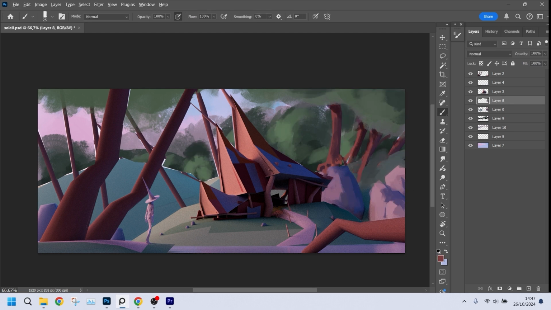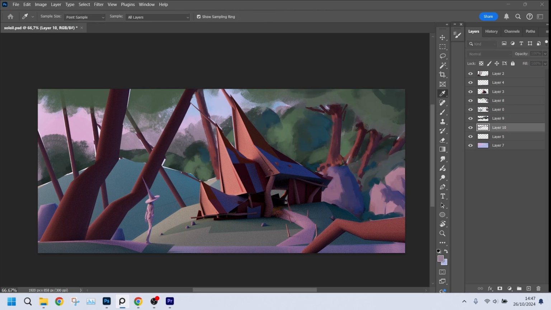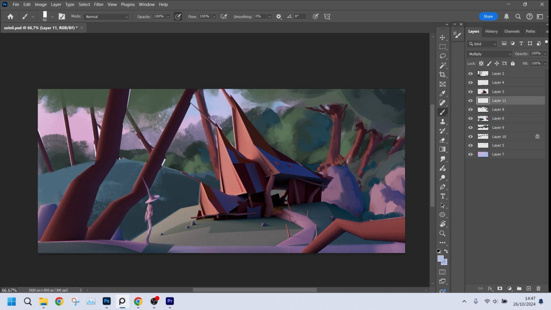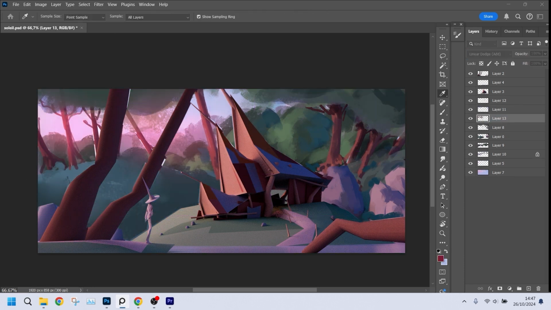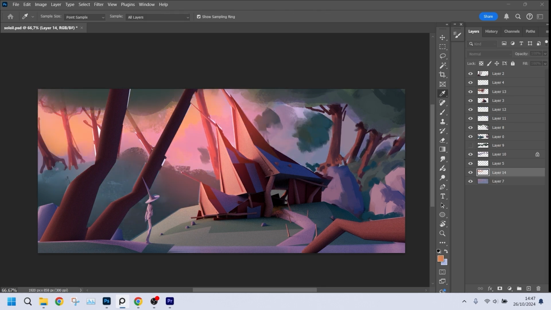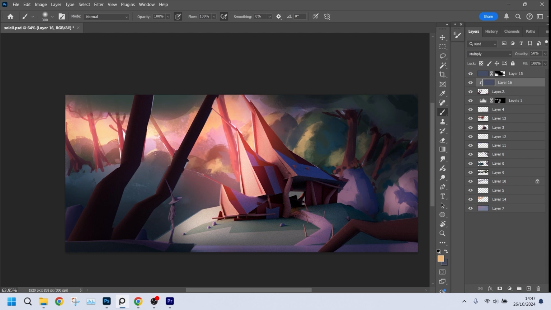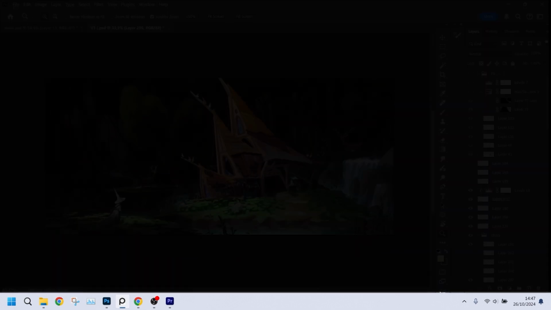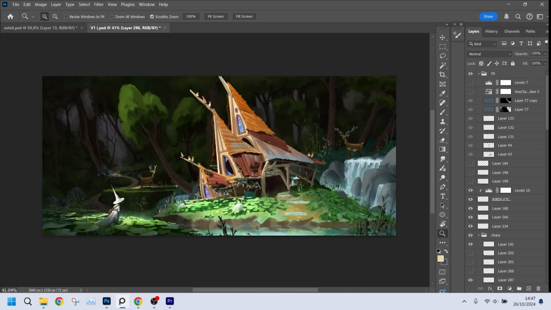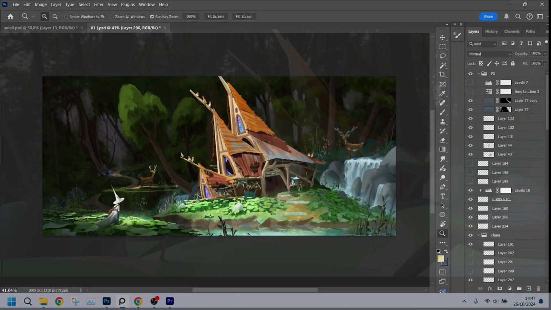Often the contrast won't be correct, so I go to black and white to see what needs to be corrected. I don't hesitate to erase things from the 3D that interfere with the composition. The goal is to go over everything a bit to make people forget the 3D and give it a painted look. At the end of my process, I create an FX layer that allows me to punch the atmosphere.